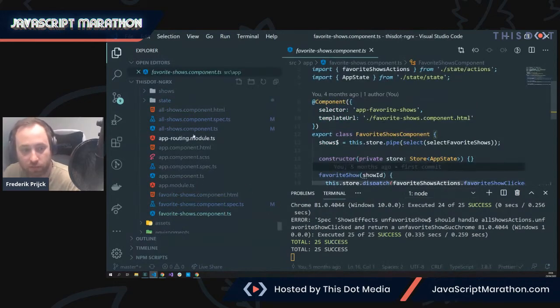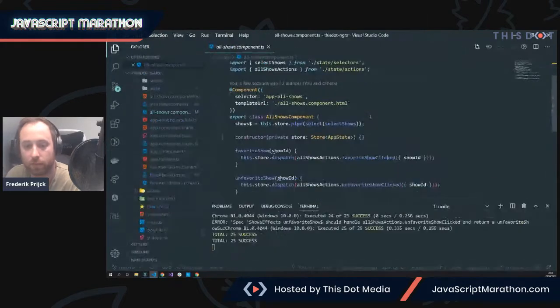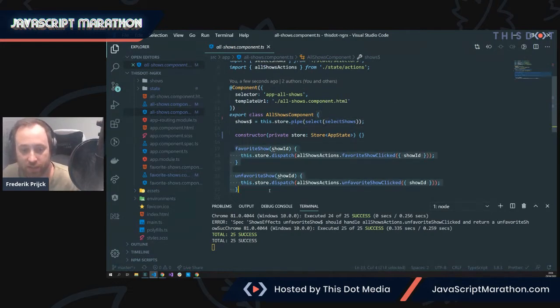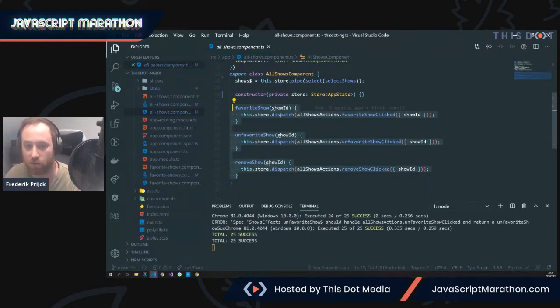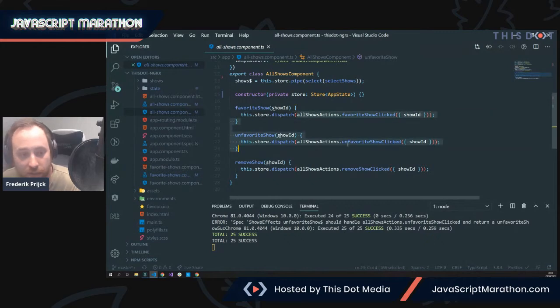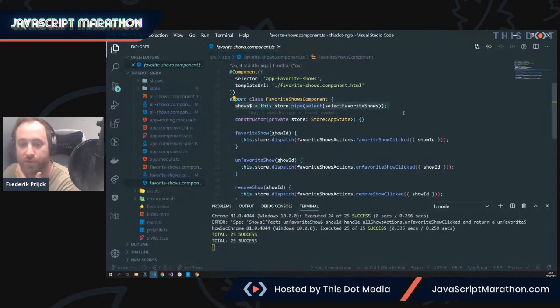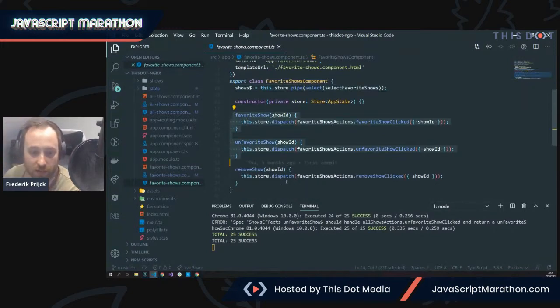And as you can see, the all shows component is using the store to retrieve the shows, all the shows, and is dispatching the corresponding actions to favorite, unfavorite, and remove the show. Just calling store.dispatch with the appropriate actions. Favorite show is doing the exact same thing. It's also using an observable to retrieve the favorite shows, in this case, from the store, and dispatching 3 different